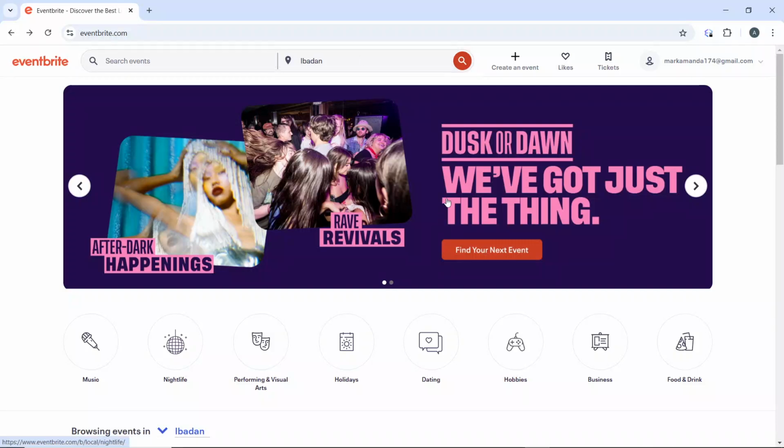Hello! In this tutorial, I'll show you how to contact Eventbrite Support. Here's how to contact Eventbrite Support. The first thing to do is to go to the Eventbrite homepage at eventbrite.com and log in with your account